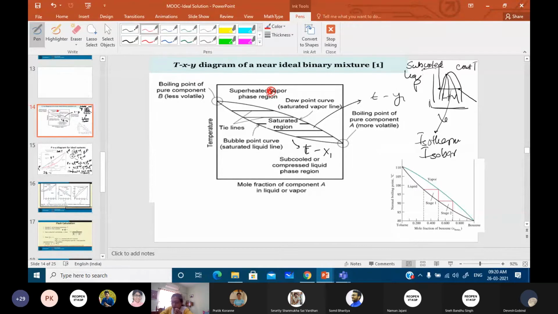So at this particular point, at a very high temperature, and we are plotting it, say, at a constant pressure, it's important to specify this. At this point, we have started with a binary mixture of, say, component 1 and 2, and we are trying to plot again the mole fraction of the more volatile component in this particular case. So therefore, in this particular condition, what do you think will be the state of the binary mixture?